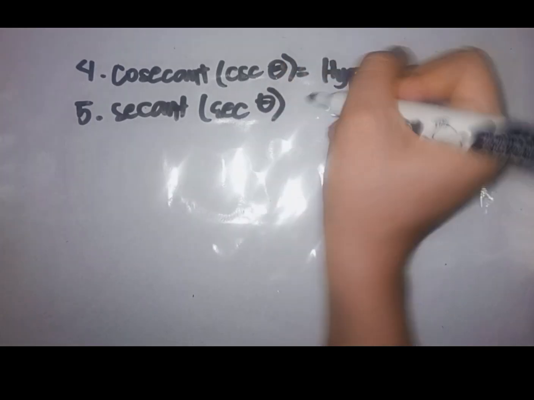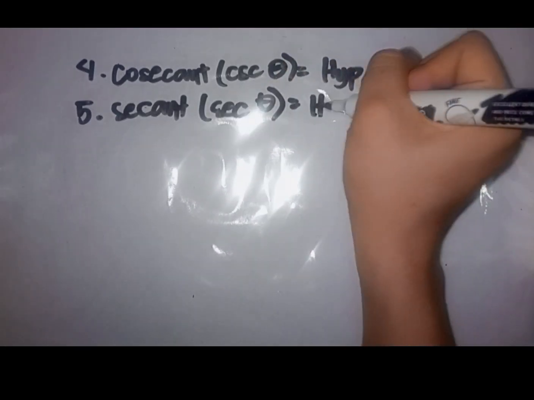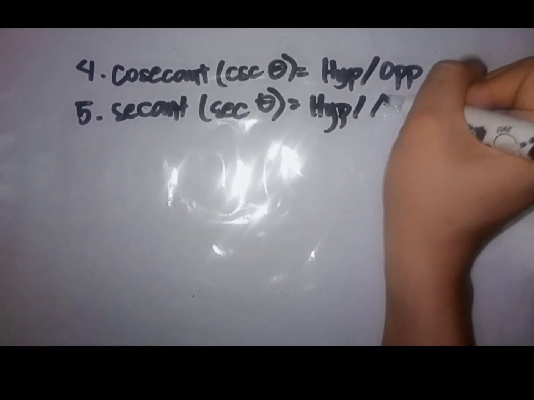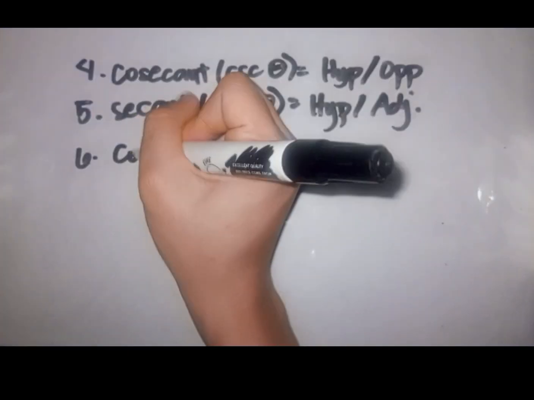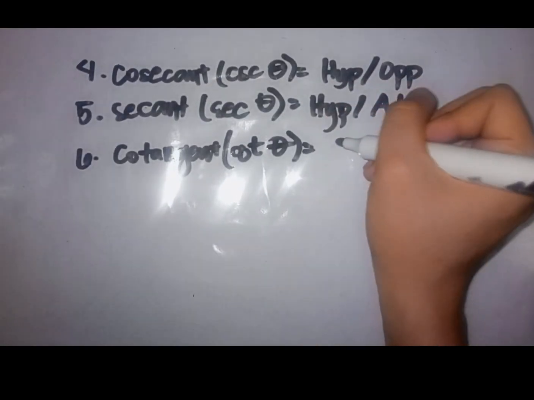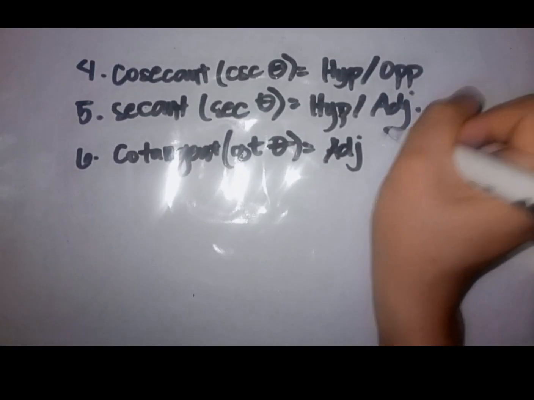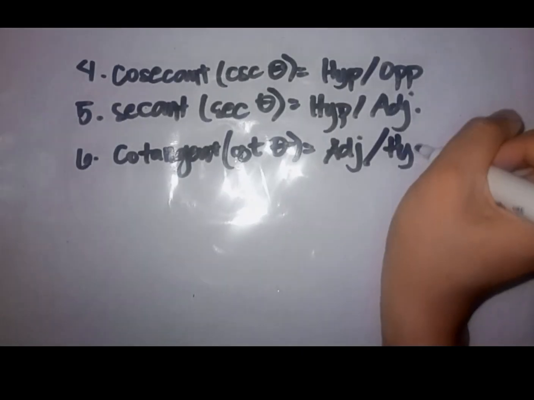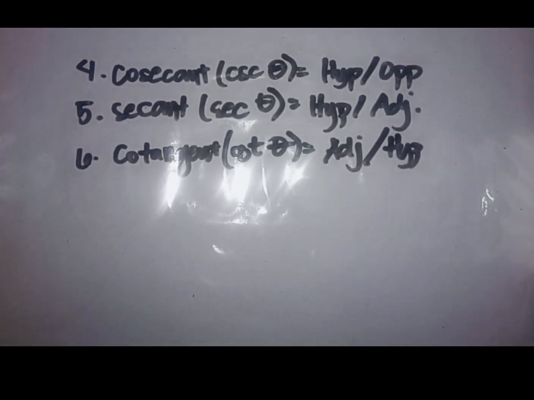Secant theta is equal to hypotenuse over adjacent. Next is cotangent. Cotangent theta is equal to adjacent over opposite. Okay, so to remember it